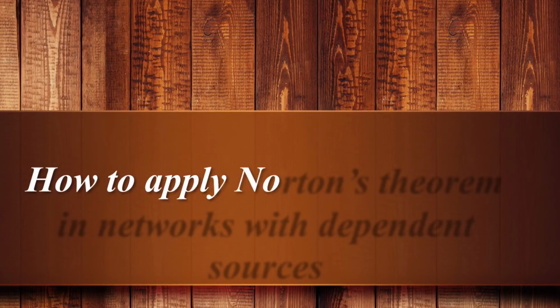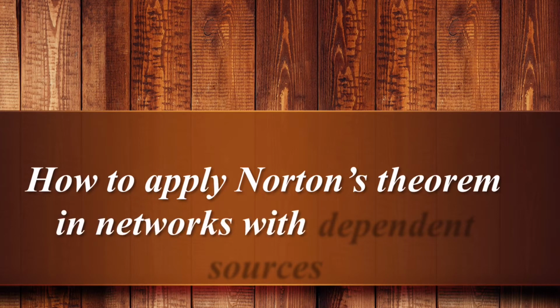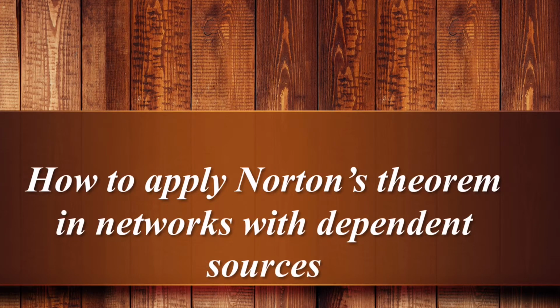As you know, Norton's theorem helps us to simplify the analysis of linear electrical networks. How is that possible? In fact, we can reduce any complex linear electrical network into a simple equivalent circuit consisting of a current source in parallel with a resistor using Norton's theorem. And for calculating the value of that parallel resistor, or Norton equivalent resistance, of a particular network, we are supposed to set all sources present in that network to 0.